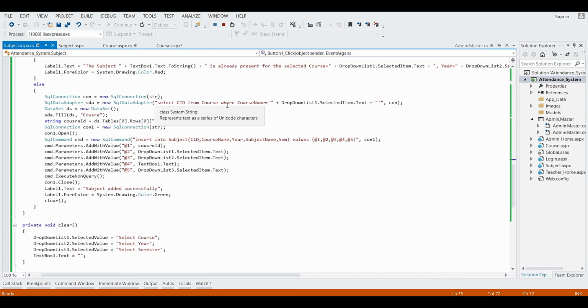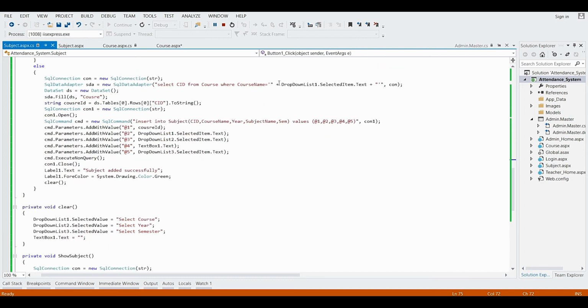It will get the course name which has been selected from the front end, from the admin side, and display the ID of that course, so that when the subject is added in our table, it should know which course has been selected for adding those subjects, right?